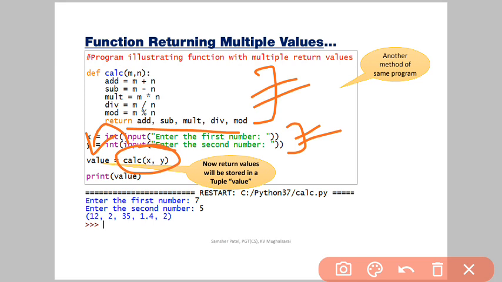In this case, all the values returned by the function will create a tuple, and this tuple will be stored in the variable.